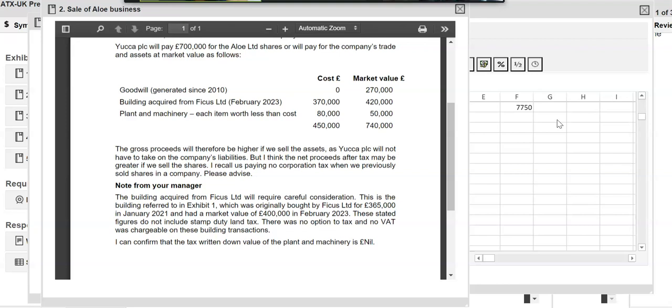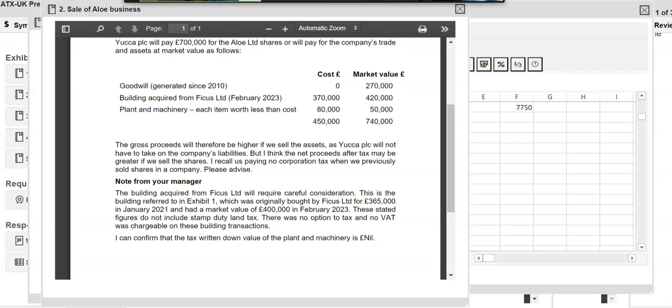And then we have plant and machinery. What about plant and machinery? We are disposing it for how much? 50,000 pounds. And the original cost given here is how much? 80,000 pounds. But if we go to the last line, it says that I can confirm that the tax written down value of the plant and machinery is nil. So technically we don't have it in our assets. So that's 0 and 50,000. So that's a clear balancing charge, and a balancing charge will increase your corporation tax liability because it increases your profits,